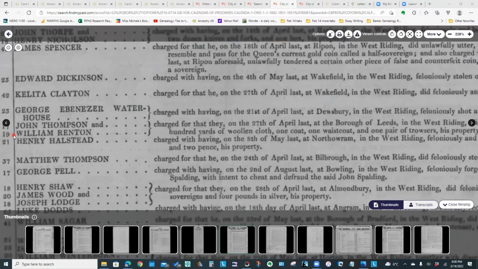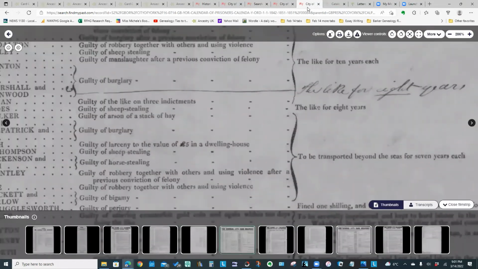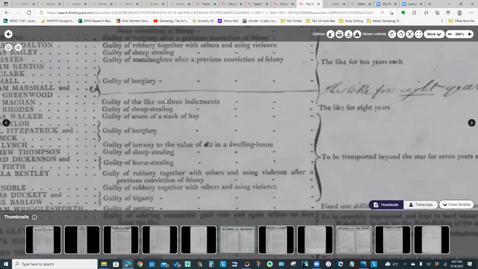So here is William Renton, number 19. And he was charged along with John Thompson for stealing 100 yards of woolen cloth, 1 coat, 1 waistcoat, and 1 pair of trousers. Now, if you recall, there were 2 items listed on that search screen. If we take a look at the second document, which I have ready here,